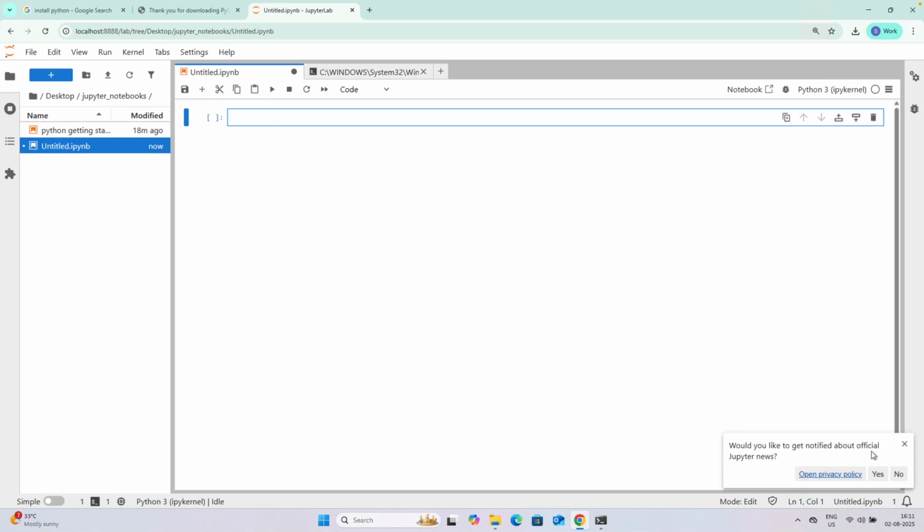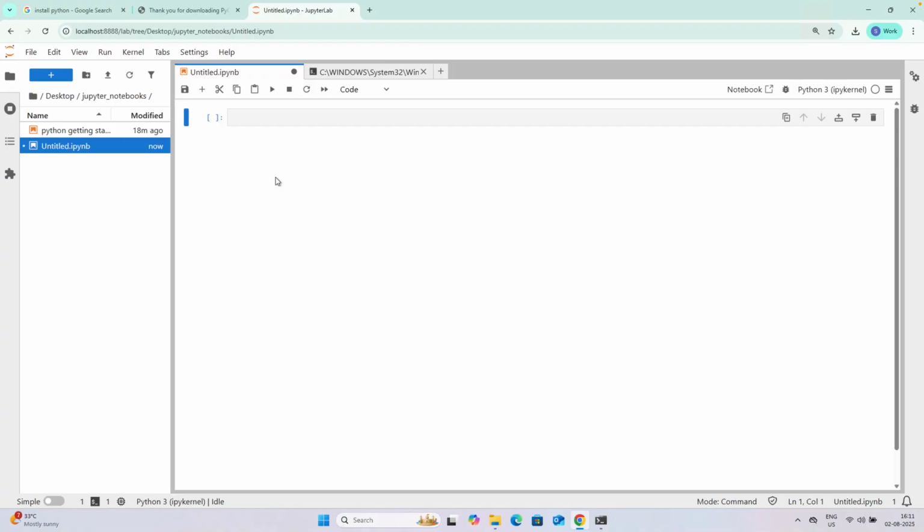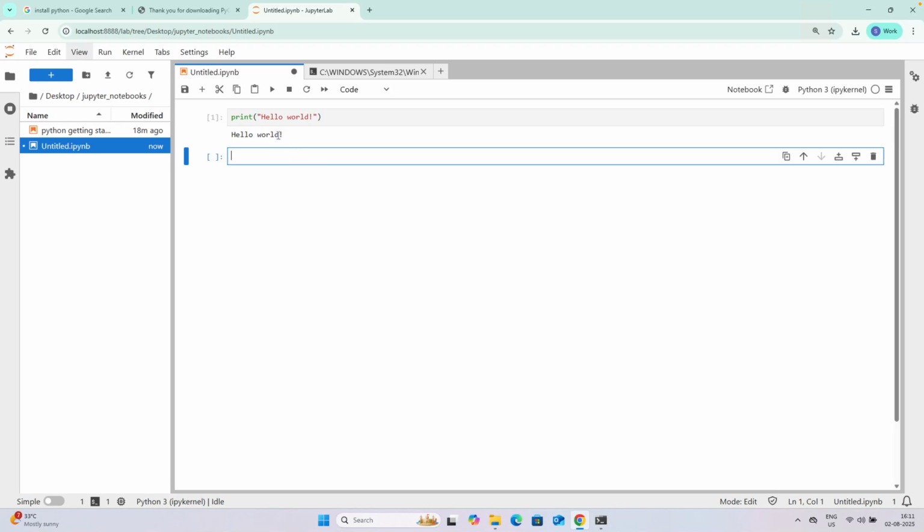This is what we would predominantly use, Google Colab and Jupyter Lab, for our development in this course. But if we are working on projects, we will use PyCharm as well. Here again, the concept of cells and everything is the same. It's just a different UI with some other utilities compared to Jupyter Notebook. Here again, I can run something like print hello world and press shift plus enter. That's going to run and give you the output over here.